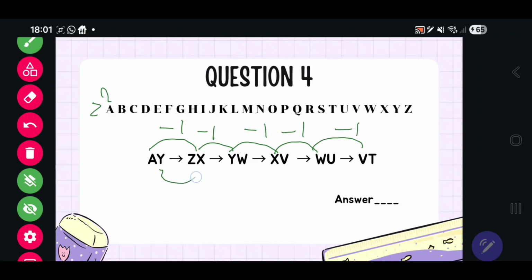Then Y to X would be minus 1. X to W would be minus 1. And W to V would be minus 1. V to U would be minus 1, and U to T would be minus 1. So then all we need to do is minus 1 from each. So V minus 1 at the top here would be U, and then T minus 1 would